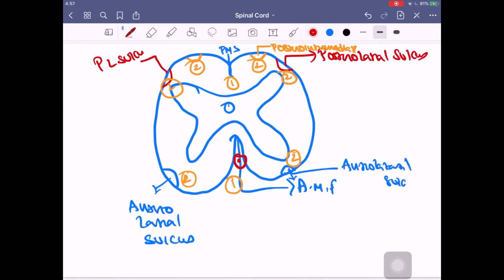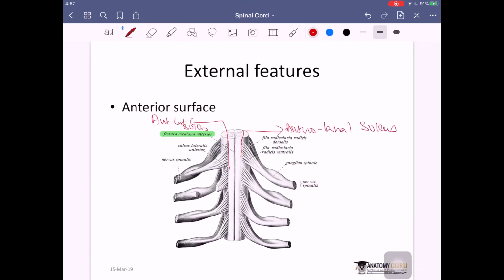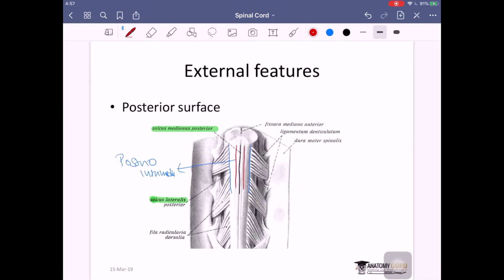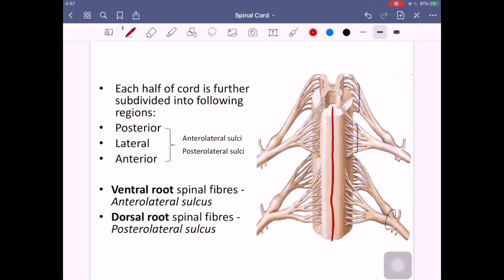So when you look at the front end and the back end of it, at the back end you will not be able to find this artery. This artery is present only in the front end. Because of the formalin, the blood in this artery turns black in color. So in a cadaveric specimen you will find this as a black line in the front. This black line in the front indicates that the side you are seeing or holding is the anterior side, and on the back side you will not find this dark line in the center. That's how you do the anterior and posterior side determination.